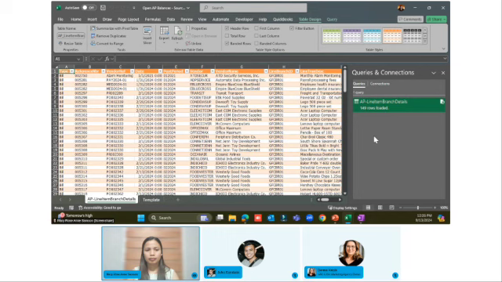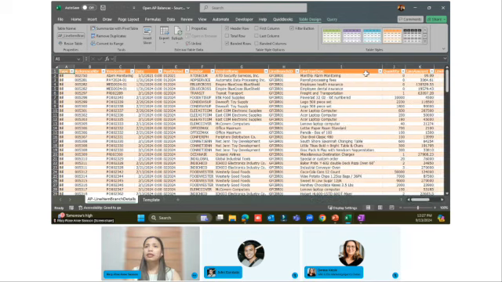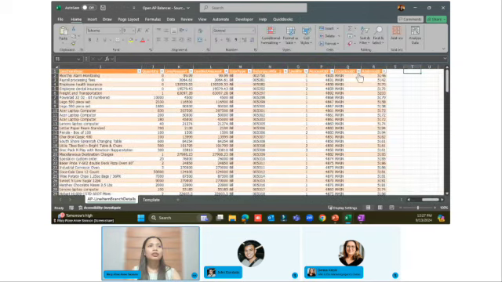Here you are able to see the number of rows loaded to the Excel file. In this data, I'm going to add an additional column that I will be using for my data validation.